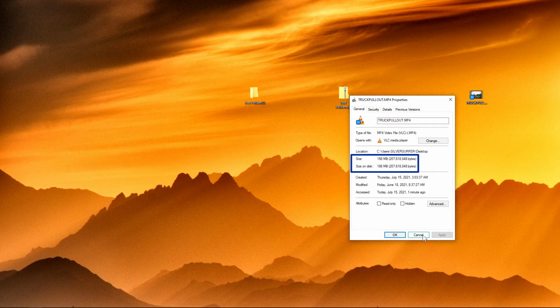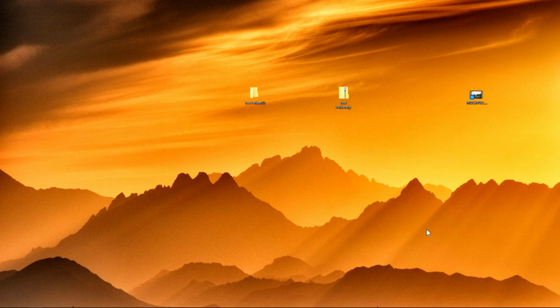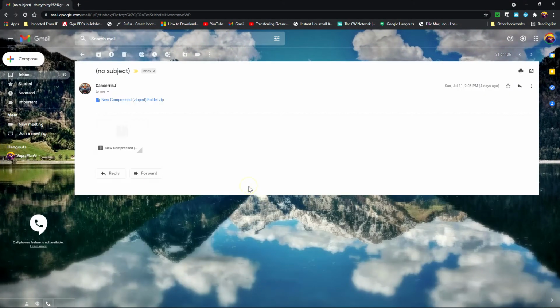So you can see that it shrunk the file size. Now I'm going to show you how to work with this zip file in Gmail. So you're going to open up your Gmail, and in this case someone has already sent me a new compressed zip folder. But let's say if I wanted to send this person a zip folder or a zip file, then